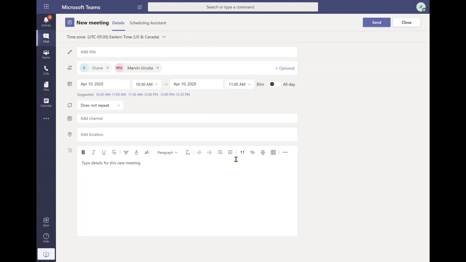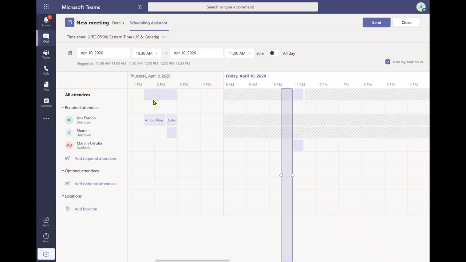A fun thing also in Teams is the scheduling assistant. If we look at the top corner here, we have the scheduling assistant located next to details. When we select this option, it will give us a glimpse of what our schedule, or what everyone's schedule that I've added, looks like. As you can see for Shane and Marvin, I have